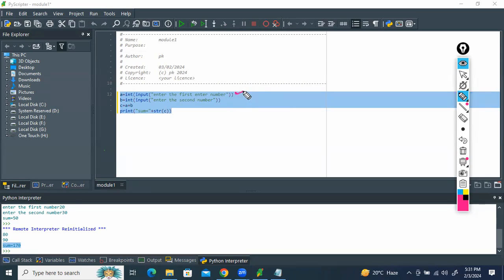This is my first line. What instruction are we giving in the first line? This is called an instruction. In the first line, we are giving the instruction to get input from the user, the first number. That is my first instruction, right? Second instruction is